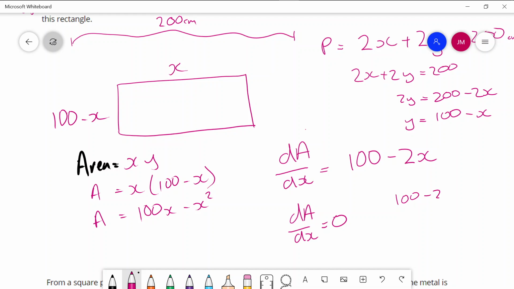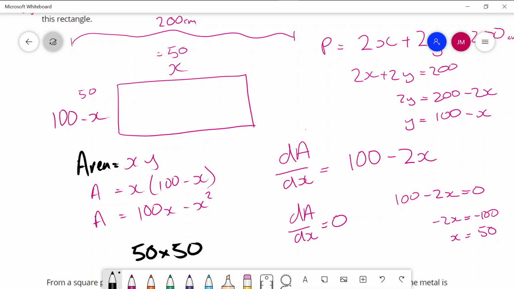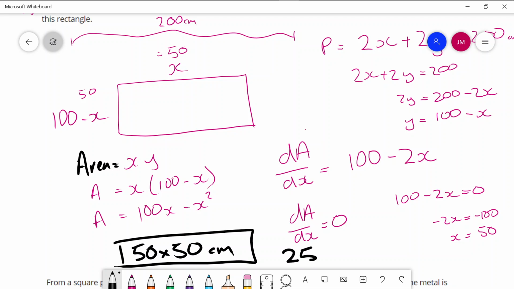So dA/dx equals 0 is when the maximum is going to occur. So we solve 100 minus 2x equal to 0. We end up getting minus 2x equals minus 100, divided by minus 2 gives x equals 50. So the x value here, or the length, must be 50. And then 100 minus 50 is also 50. So the maximum area actually occurs with a square, which by definition fits the rectangle: 50 by 50 centimeters is going to be your maximum area, which would give us 2,500 centimeters squared. Okay,